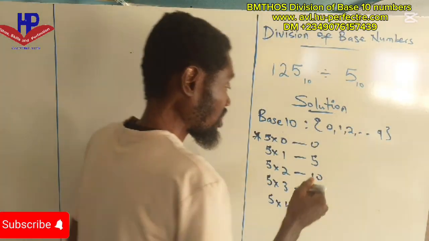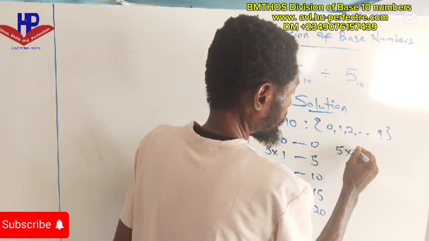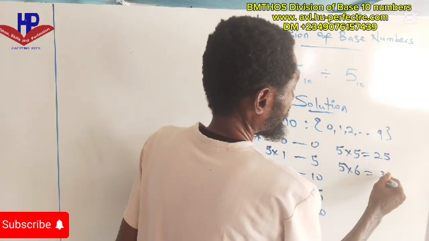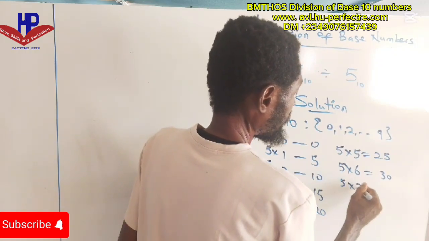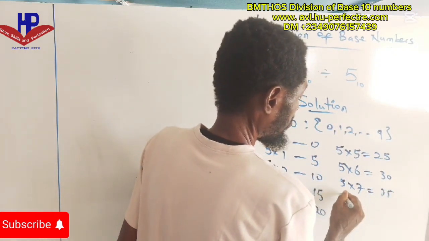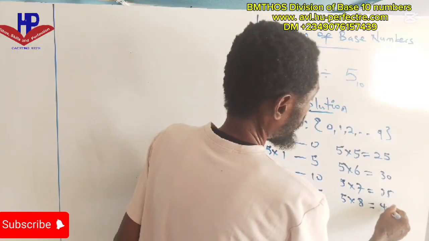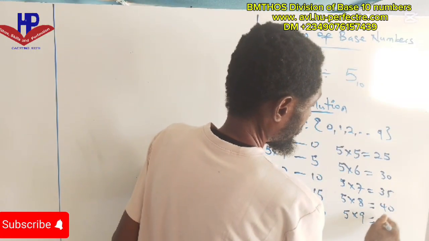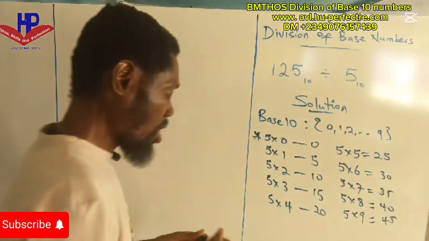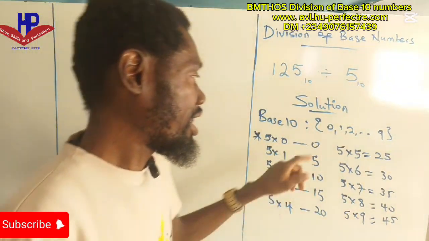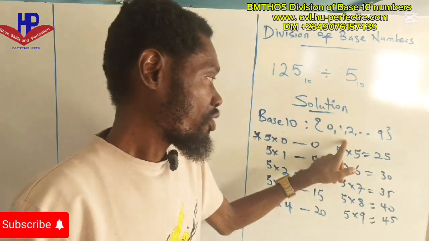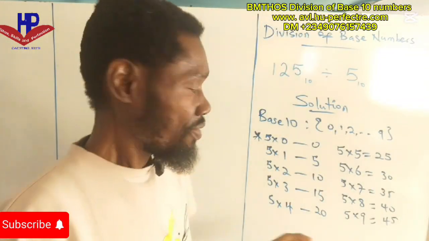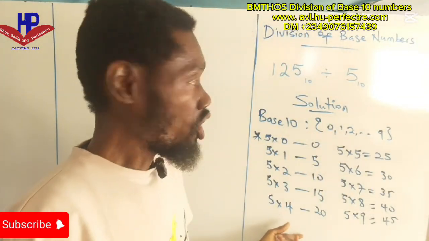So 5 times 5 is 25, the same thing. 5 times 6 is 30. 5 times 7 is 35. 5 times 8 is 40. And 5 times 9 is 45. We are done using the limit of base 10 numbers to multiply the divisor, and here are our respective answers. These answers will be like a guide to help you divide